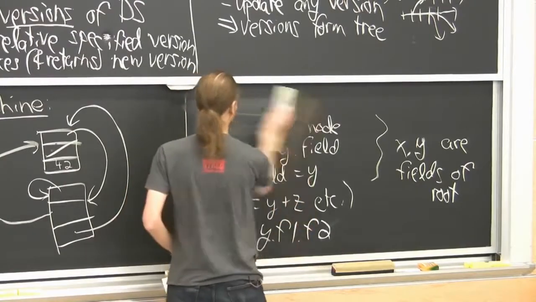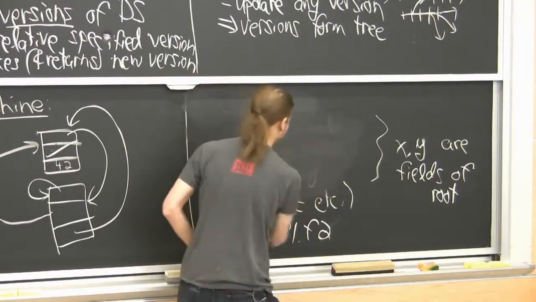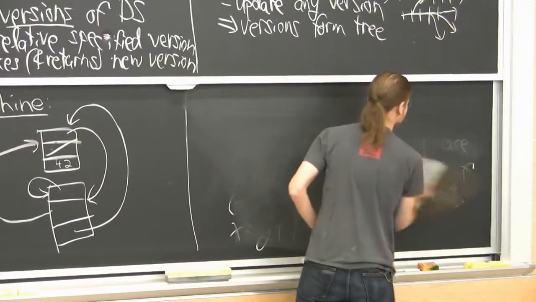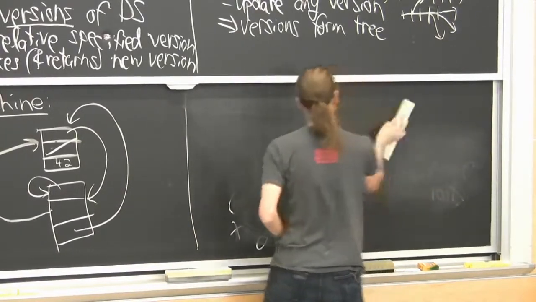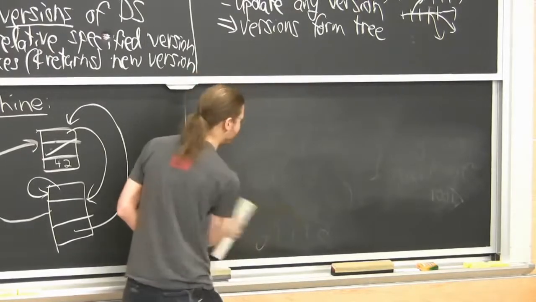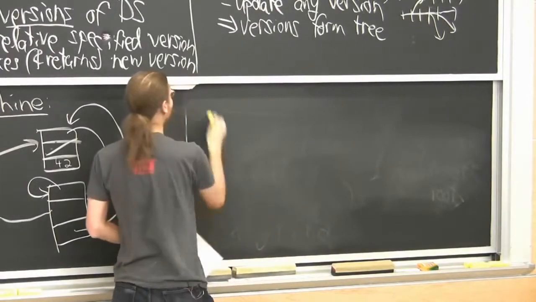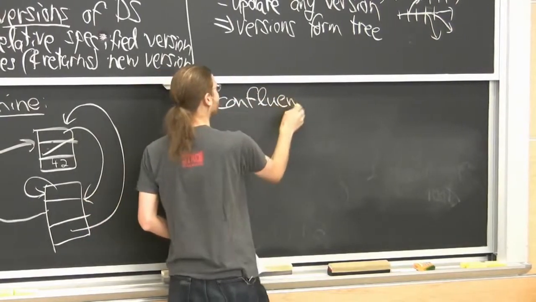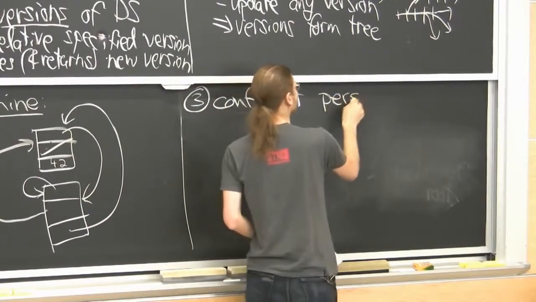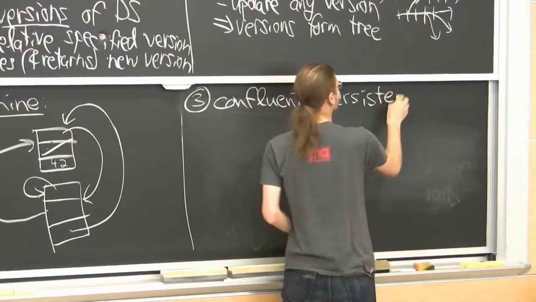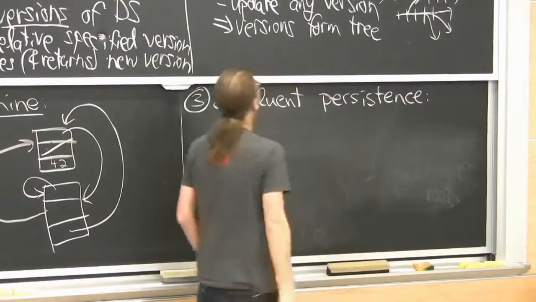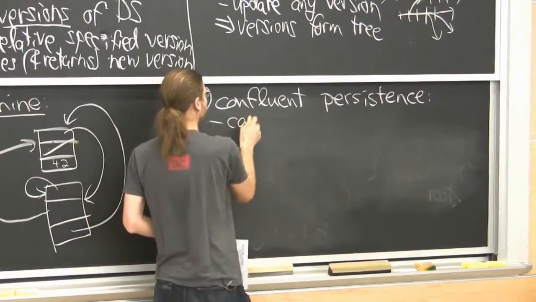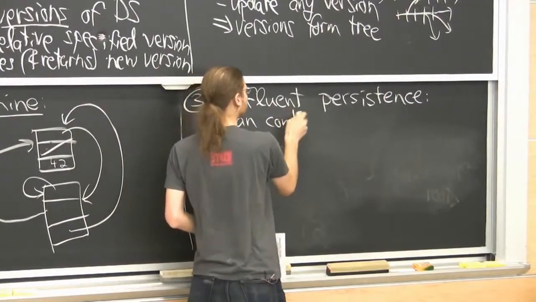It's great for lots of fiction out there. If you've seen the old TV show Sliders, that would be confluent persistence. In confluent persistence, you can combine 2 versions